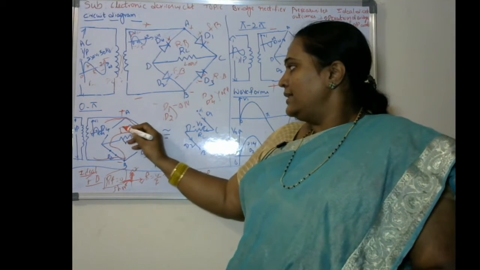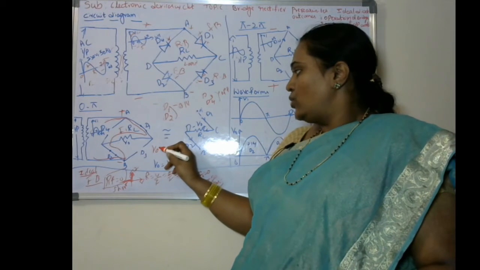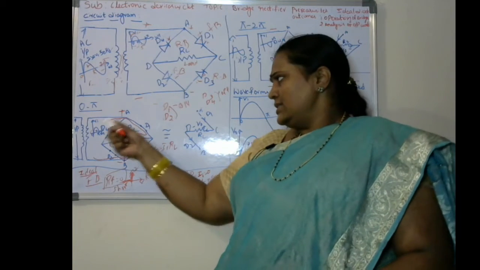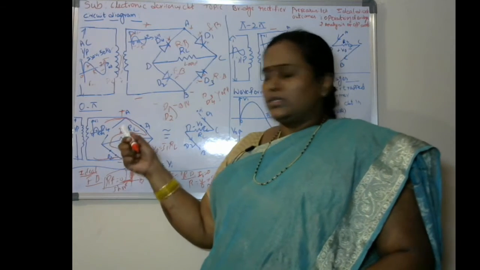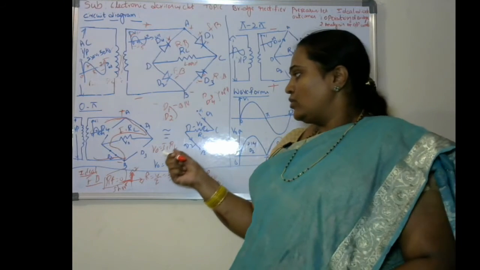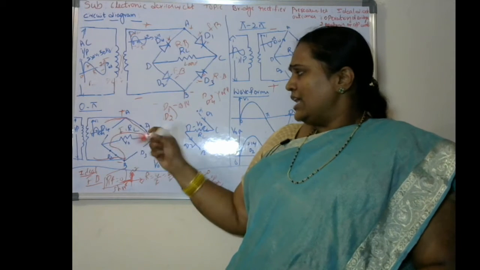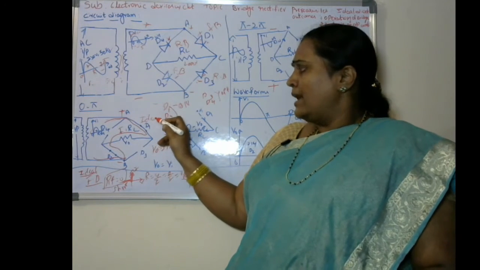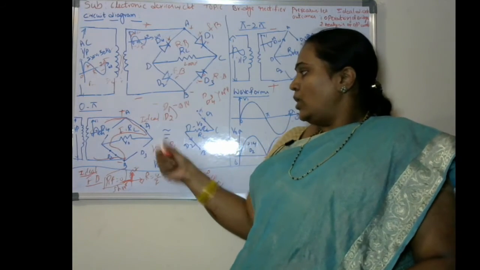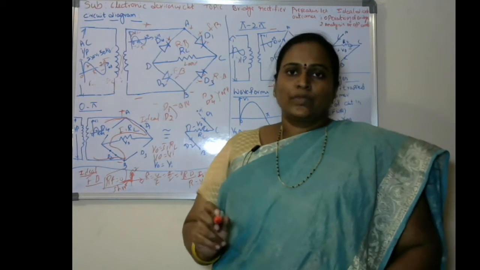I am assuming the current here is I1. So V0 will be equal to I1 into RL. It is a series condition, so almost the same current flows through the diodes and the resistor RL. So V0 will be equal to I1 into RL. We are assuming the diodes are in ideal condition, so no drop is going to exist there. Almost all the voltage is going to exist, so V0 will be equal to Vi.